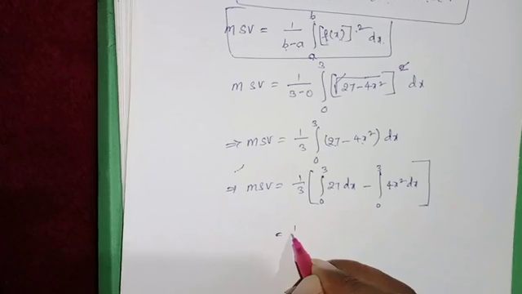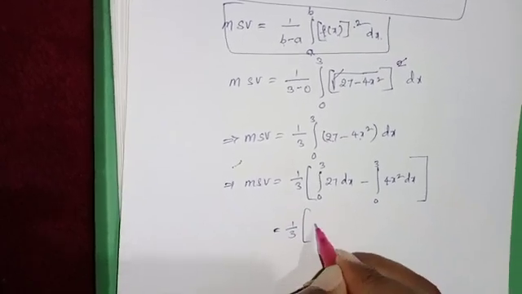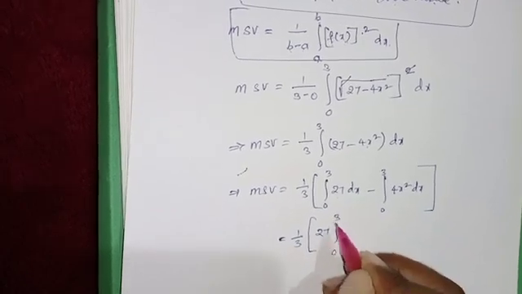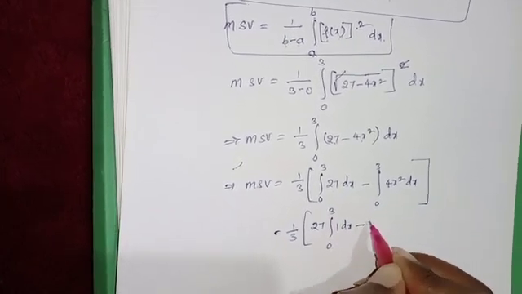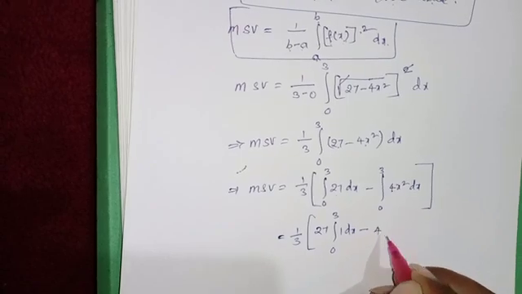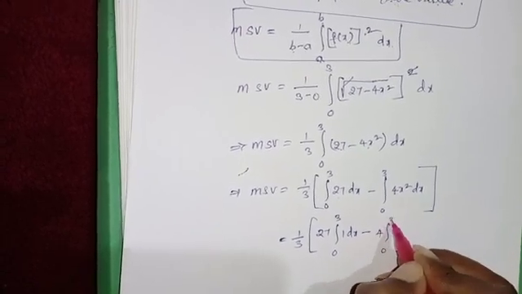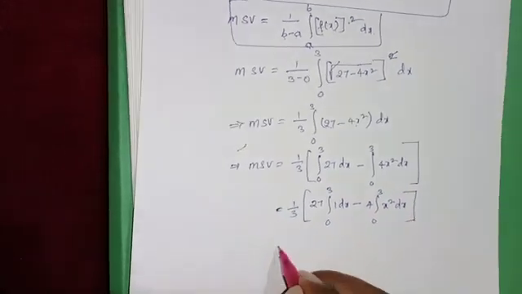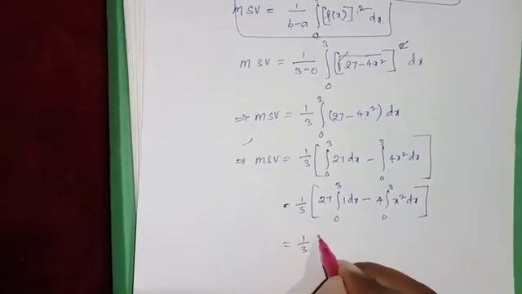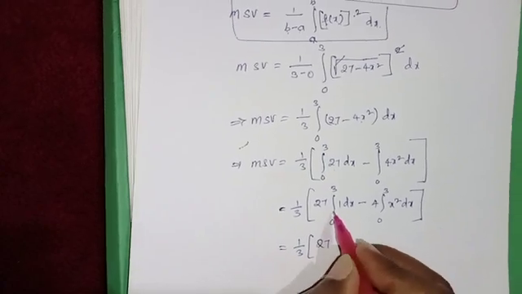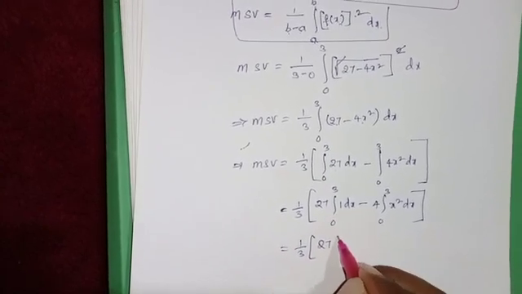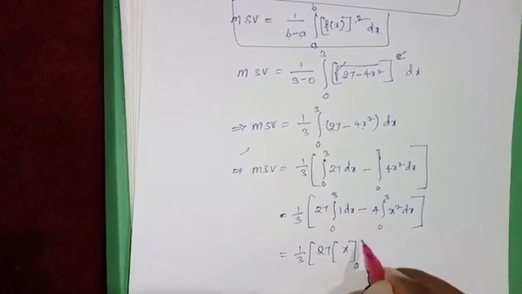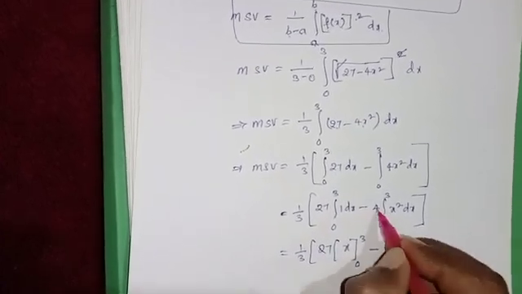So taking common, 1 by 3 whole into 27 is constant, take it outside, integral 0 to 3 1 dx minus 4 is constant, so 4 into integral 0 to 3 x square dx. That is equal to 1 by 3 into 27, integral of 1 dx is x, the limits are 0 to 3, minus here 4